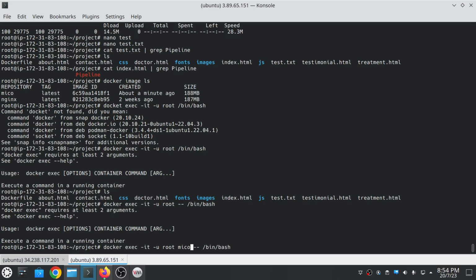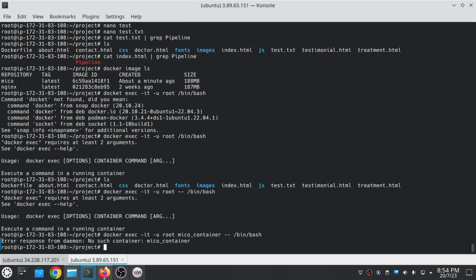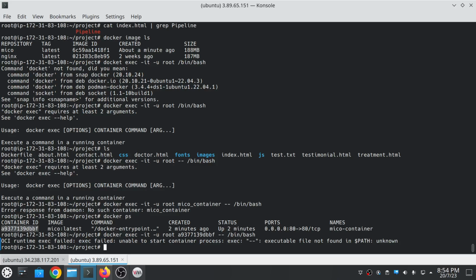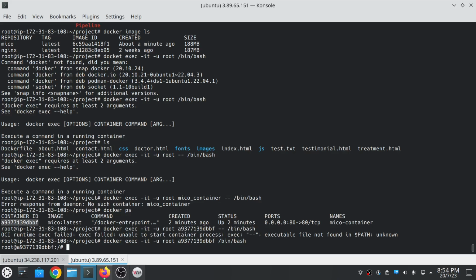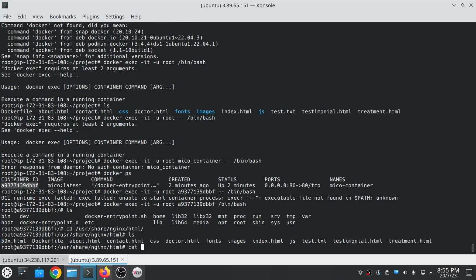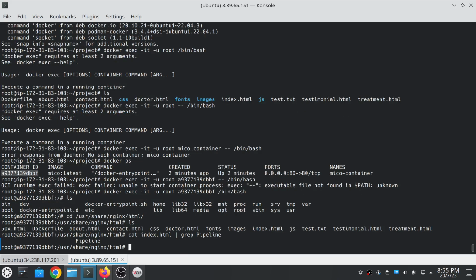It was Miko underscore container. Here's the container ID. Okay, so we got the word pipeline here, but